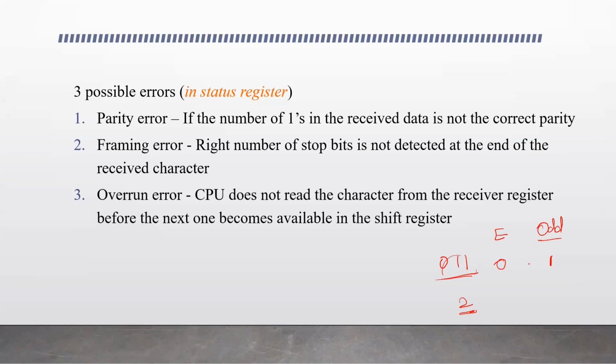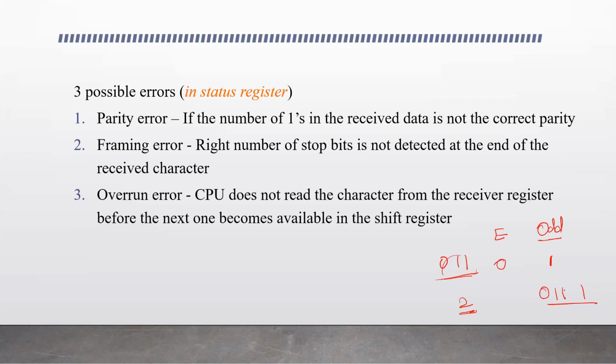And at the receiver end, the parity is checked. If odd parity is used, the number of ones received needs to be odd. So if odd parity is used, 011 will be transmitted as 0111. The number of ones is odd, so the receiver assumes that the data received is correct.